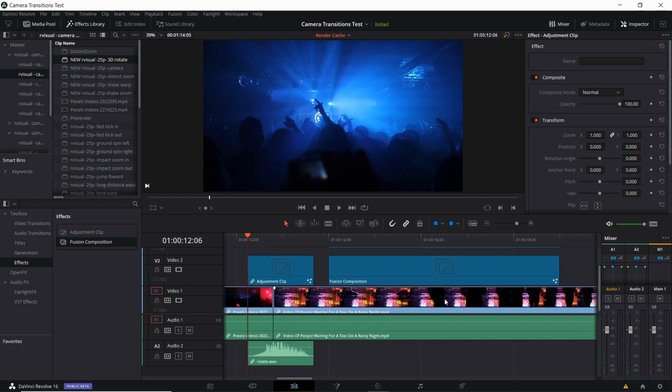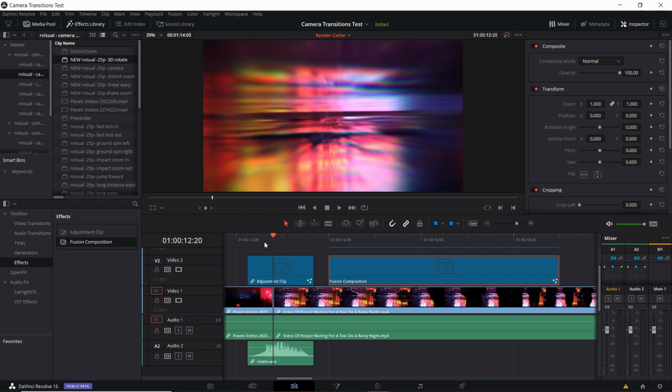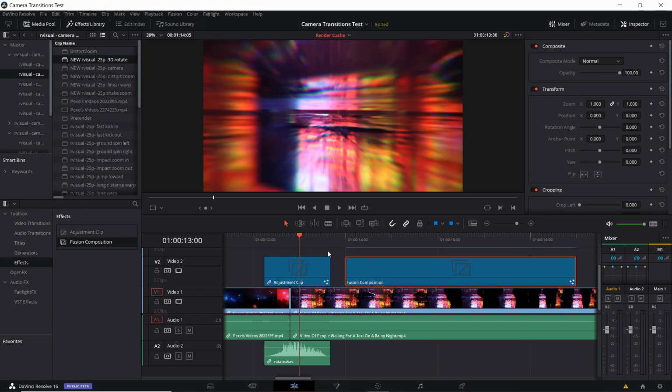So if you take a look at my timeline, what you'll see here is that the Fusion composition over here on the right has a blue bar above it. That represents that it has been pre-rendered, and if there was actually an effect in that Fusion composition, it should play back smoothly while you hit play in the timeline. What you also notice here is that I have an adjustment clip with an actual effect in it. So this is a video transition that layers on top of two bottom clips in order to create the final